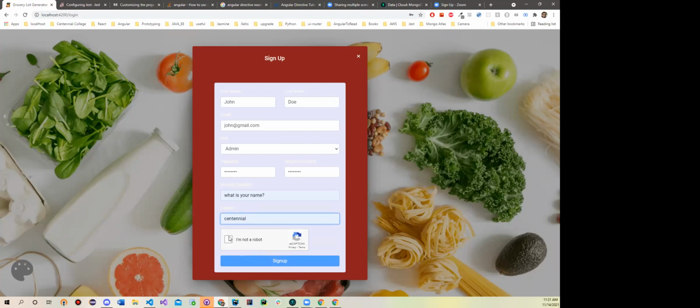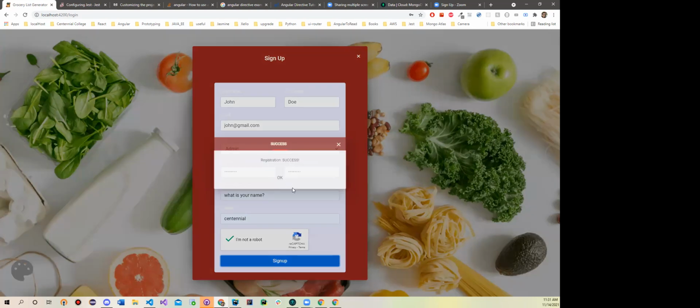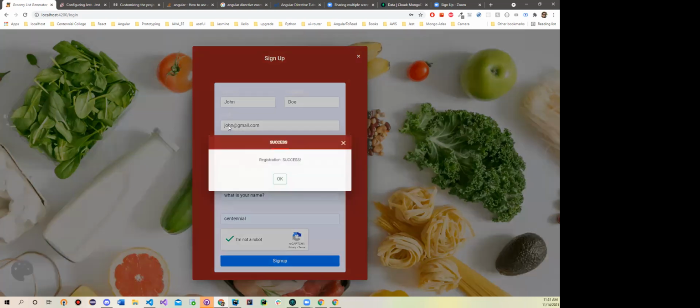So until this CAPTCHA is checked on, the sign up button is not activated. So we'll get a registration success dialog box. So this means the user is successfully registered and the email is john@gmail.com. So let me find that user on the